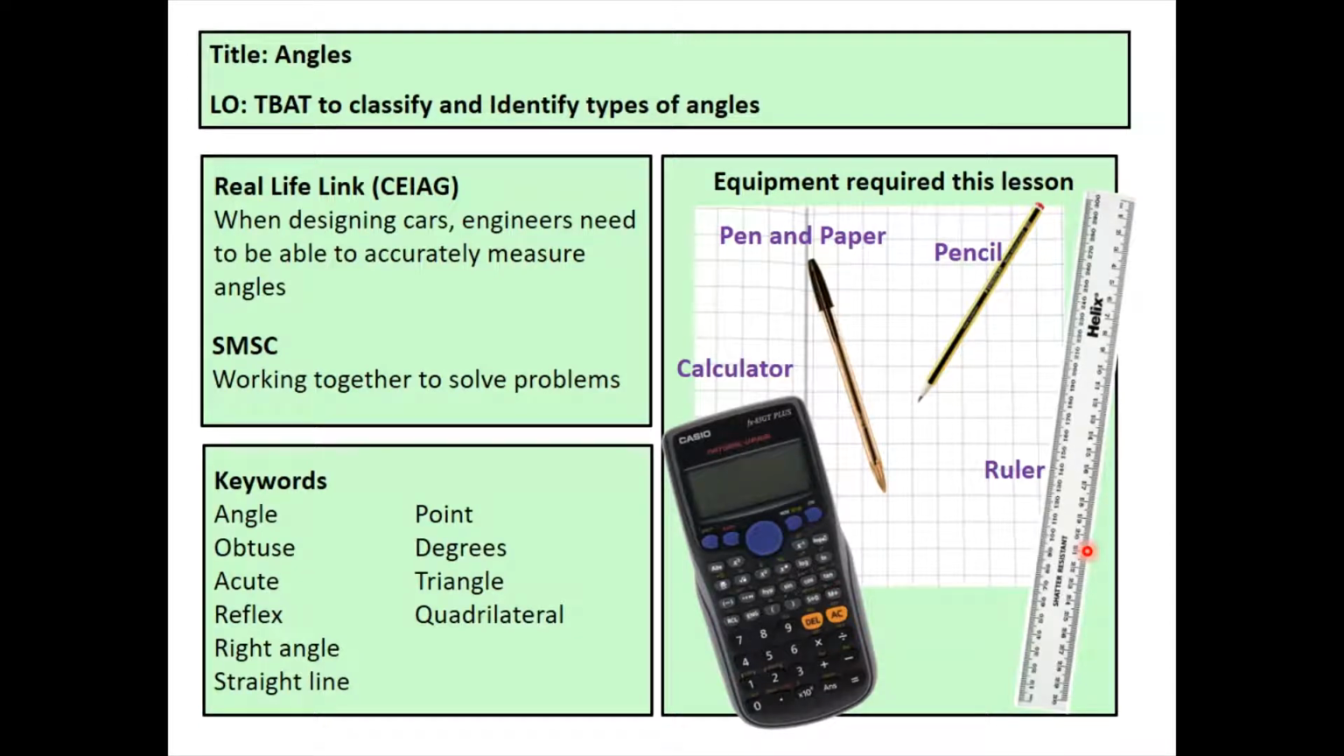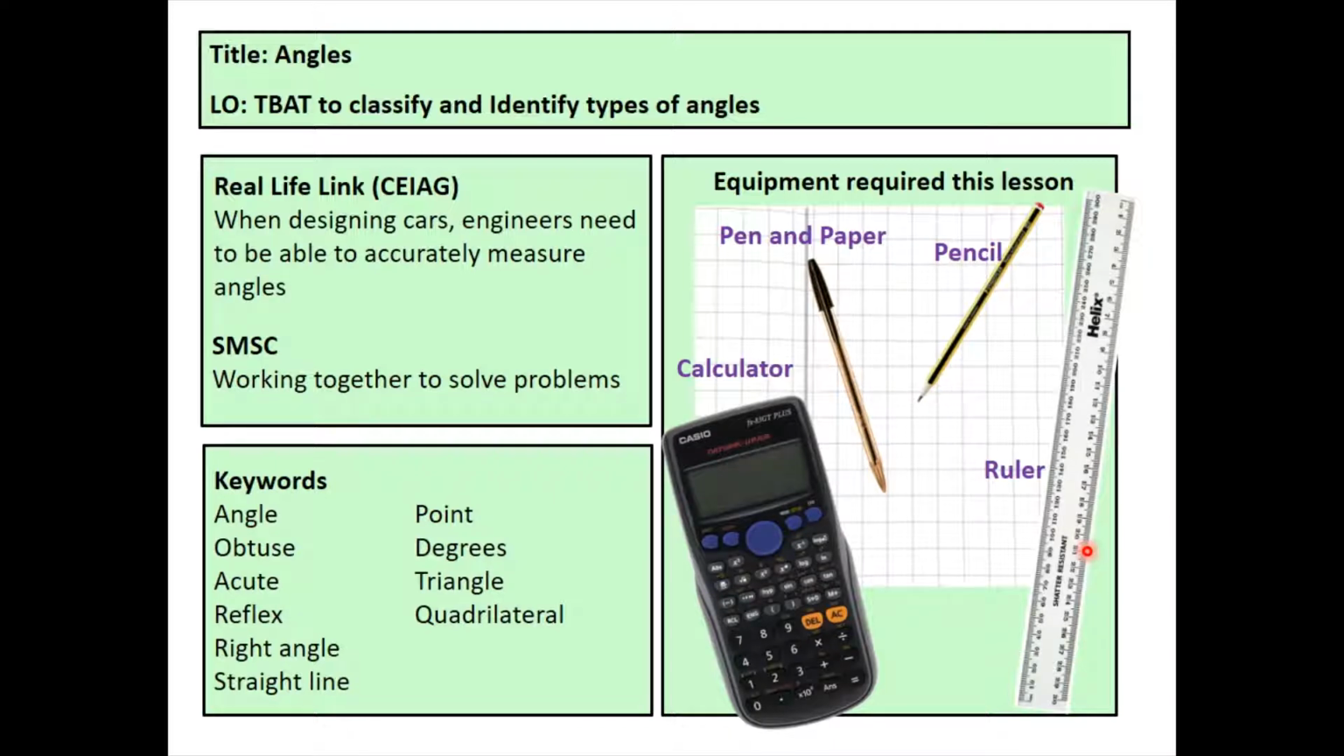Today we'll be able to classify and identify different types of angles. Now the keywords here will be angles, of course, obtuse, acute, reflex, right angle, straight line, and etc. As for the real life link, since it's geometry related, it'll be a lot to do with architecture, cars, engineering, and etc. As for the equipment required, it's shown as follows: a calculator, a pen, a paper, a pencil, and a